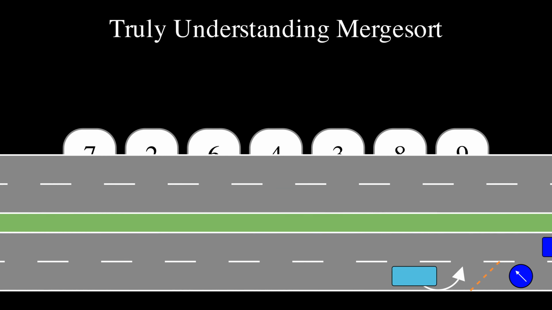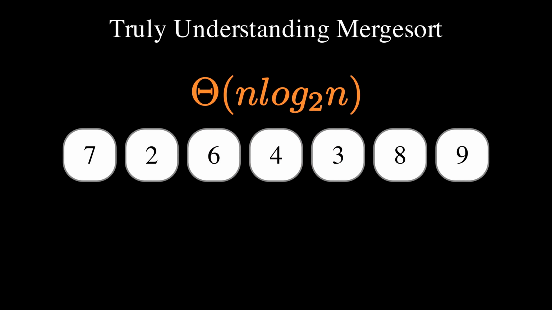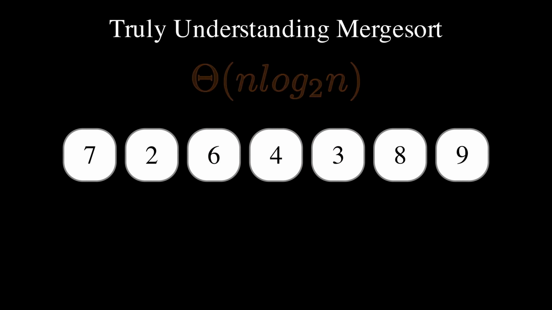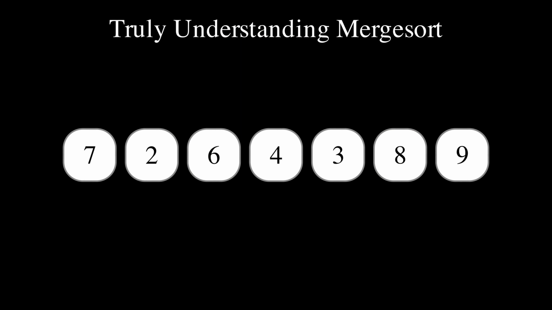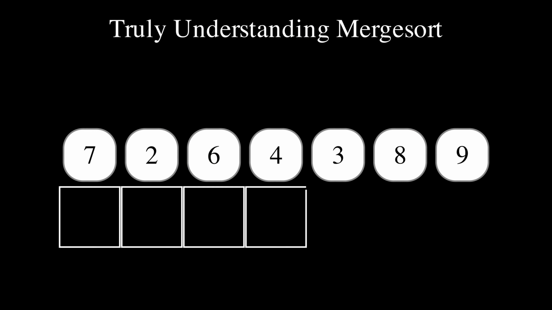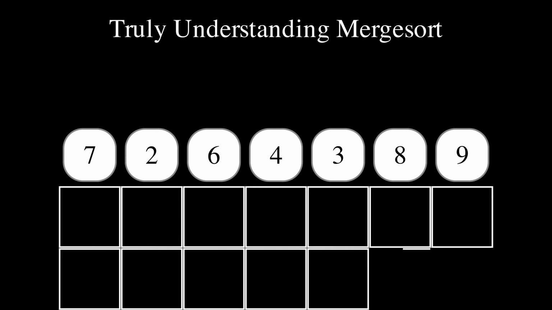Completely unlike a traffic jam, merge sort is extremely fast. It is guaranteed to have a time complexity of theta of n log n in the worst case, which is known to be the best possible time complexity for comparison-based sorting algorithms. It is also cache-friendly, making it ideal for modern computers. In fact, the only downside to merge sort that I can think of is that it is not usually in place. It uses additional memory for processing in the form of a temporary array or two.